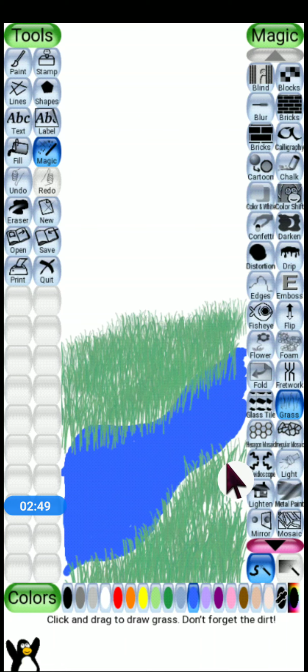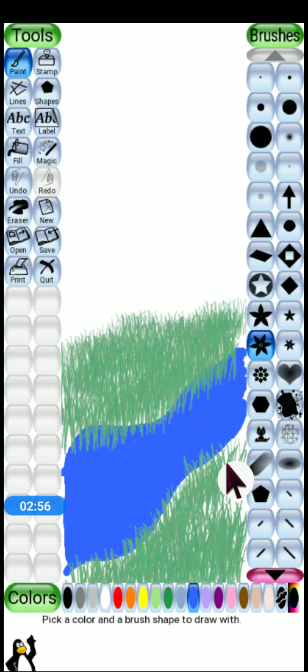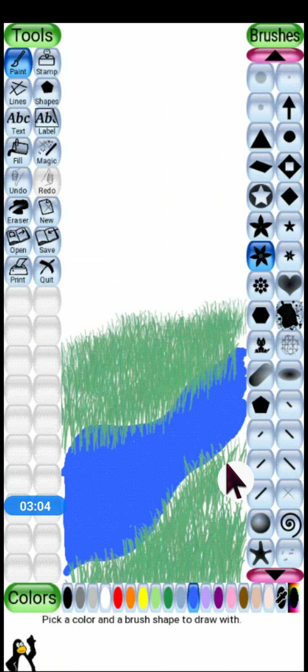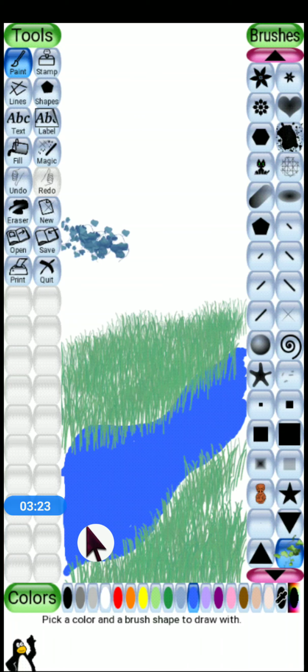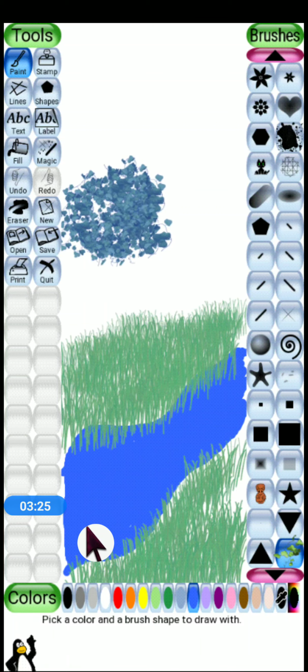Now I need to make a tree. For making the tree I will click on paint tool. And in paint tool, I'll not draw with the help of a brush. A different style of brush is available, which is going to help me out in this. See, this one, near to this triangle we are having the vine tool. What is the name of the brush? Vine brush or vine tool, we'll say. So I'll use it. Wow, right.